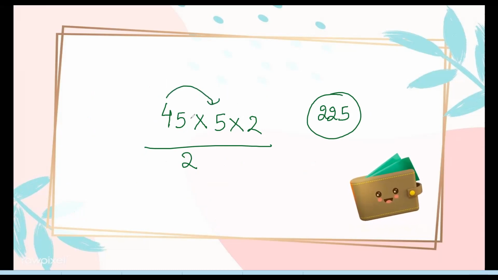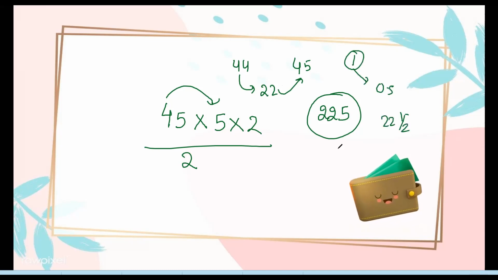Or for small children, if they don't understand how to find half of 45, just tell them to find half of 44, so 22, and then add half of 1, which is 0.5. So 22 and a half, or 22.5. I will tell you small techniques for fast multiplication tricks so that you can teach your children some mental methods, so they can visualize maths and enjoy maths. So now we were at multiplying the answer by 5. That was our third step.